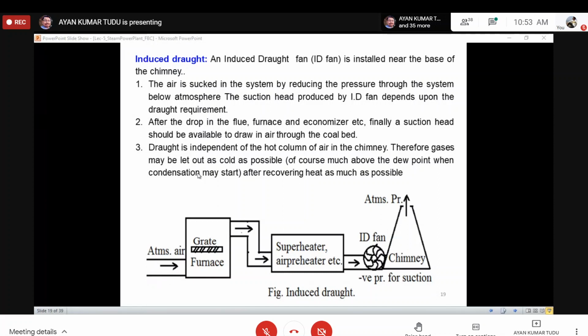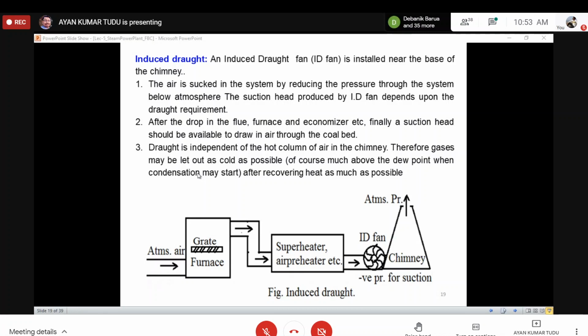Because if we open it, there will be a pressure difference. Why will there be a pressure difference? Because the ID fan is sucking, providing negative pressure. Yes, so it is below the atmospheric pressure. The pressure inside the furnace is below the atmospheric pressure. So whenever you are opening the furnace either for firing or for inspection, what will happen? The cold air will try to rush into the furnace, correct? Yes, sir. And when it is rushing into the furnace, what will happen? Then again there is a chance of the fire completely blowing out.